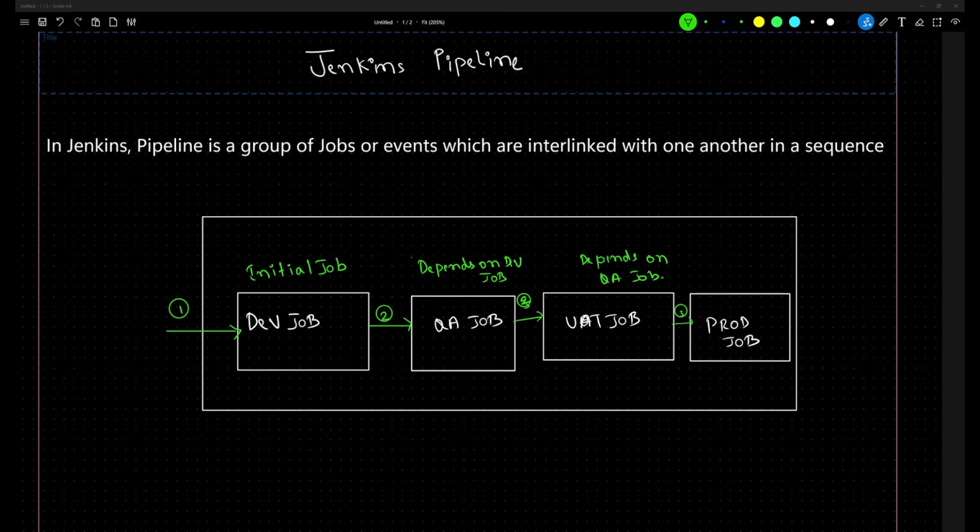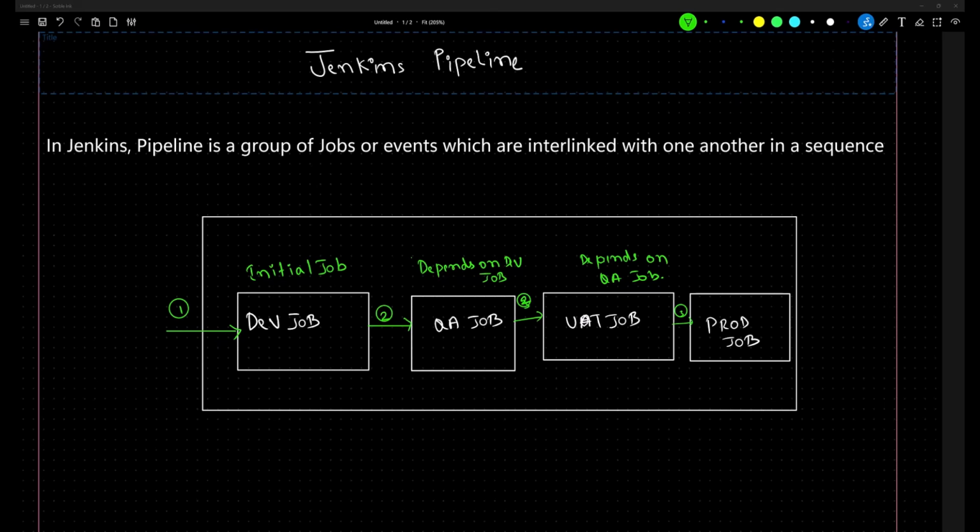For that we are going to create a job, and the job will take care of collecting the code, compiling the code, testing the code, and then releasing the code, right? Each step is dependent on the other step, and this is a continuous delivery pipeline. Fine. So in a Jenkins pipeline, every job will have a dependency on one or more